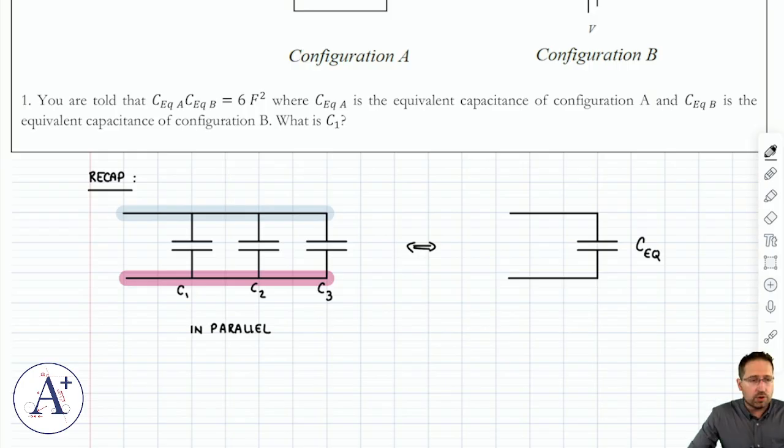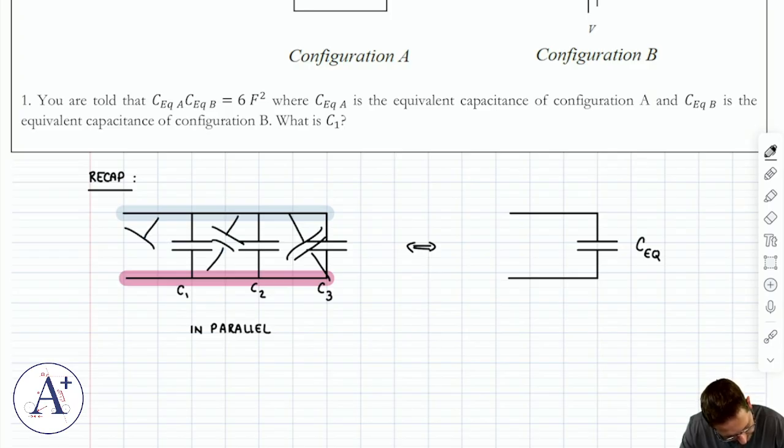Now, yes, when we draw them, we tend to draw them so that they look parallel to each other. Now, the truth is, though, if I wanted to draw C3 like this, C2 like this, and C1 like this, it would be no different because they're still connected the same way across the 2 wires, and they're definitely not parallel. But anyway, as long as we agree that when they're connected like this, they're connected in parallel,